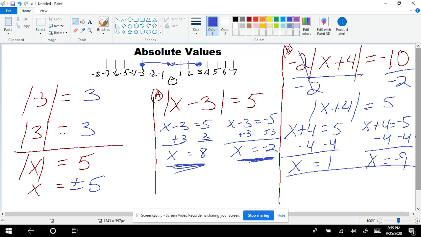Both check out. Now, think about one last thing. This cannot happen. The absolute value of x